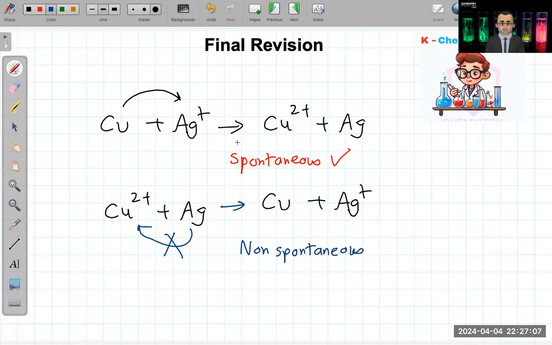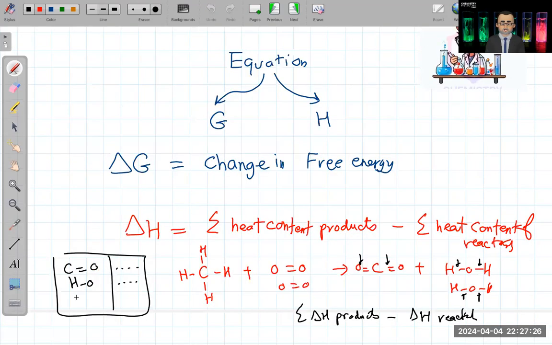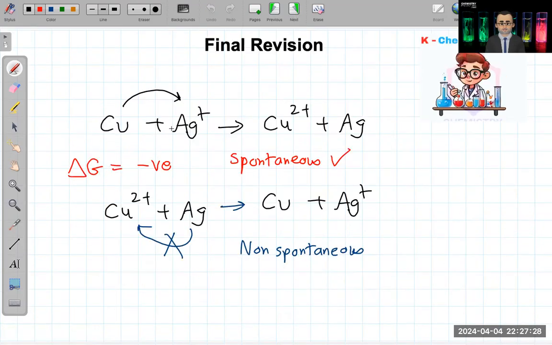So there is a direction in which the reaction is spontaneous, which can happen. What is that? In this reaction, if you calculate delta G, you will find that it is a negative value. How am I going to calculate it? By the numbers. He will give me the numbers the same way as here. If I calculate it and it's negative, then it is spontaneous.